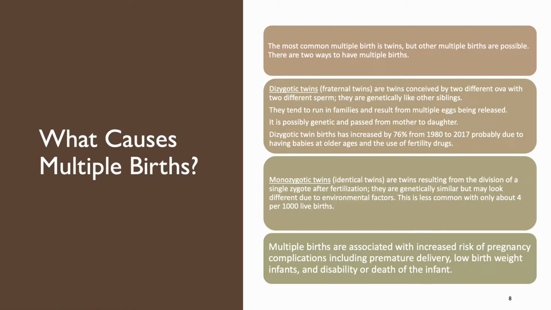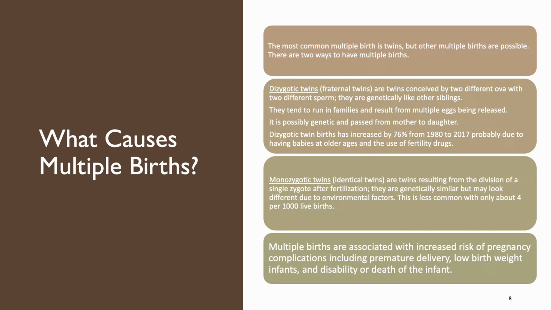Let's talk a little bit about multiple births. We know that the woman generally only produces one egg every 28 days, but we also know that a man produces hundreds of millions of sperm. So if the man is producing this huge number of sperm and the woman's only producing one egg, how do we end up with multiple births? Well, the truth is that women can sometimes release more than one egg. This is more likely as you get older.